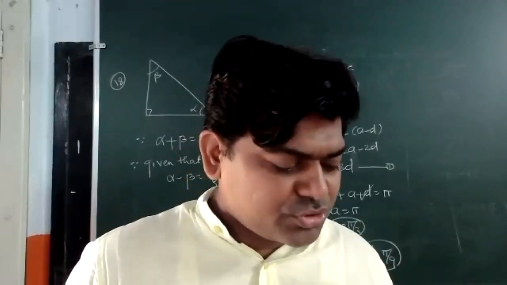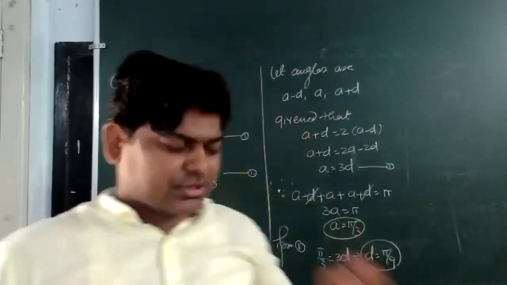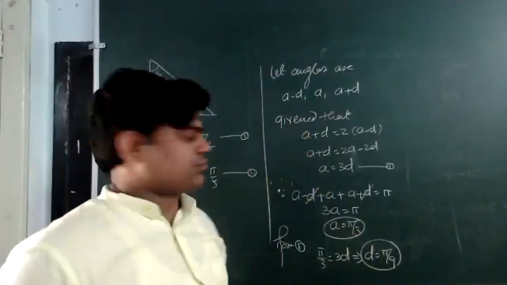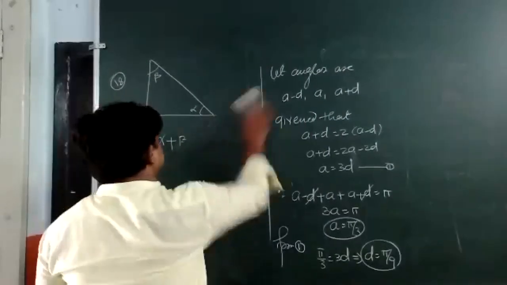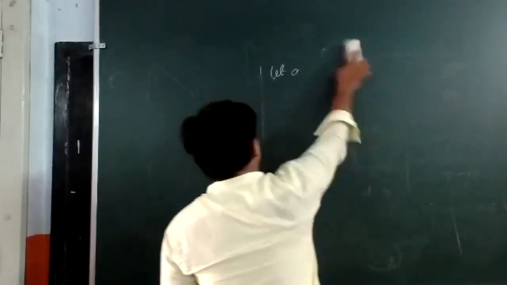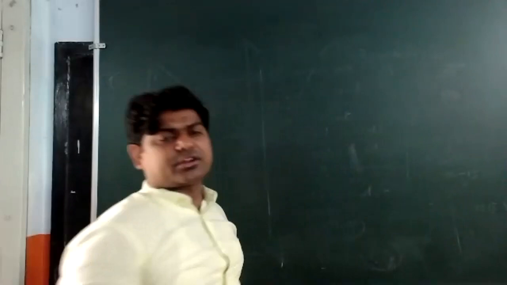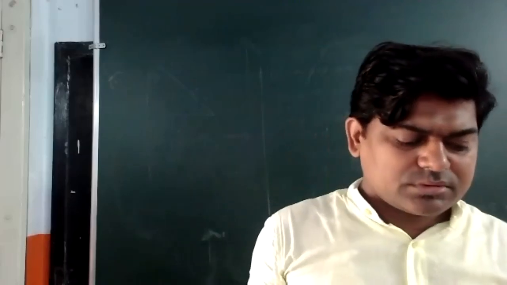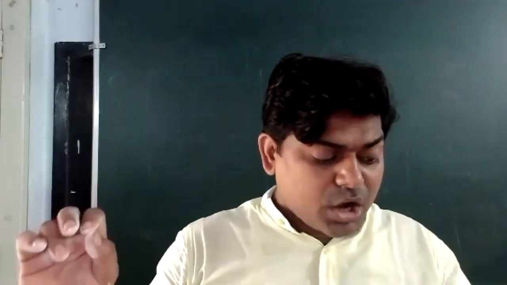Now you can see the last question is there. Question number 20. Again, it's a question. What I have to discuss here: we are talking about the sun, and the distance between the observer and the sun has been given, and the angle subtended by the sun at the observer has also been given. It's written, estimate the diameter of the sun. Suppose that it subtends an angle of 32 minutes at the eye of an observer, given that the distance of the sun from the observer is 91 into 10 to the power 6 kilometer.